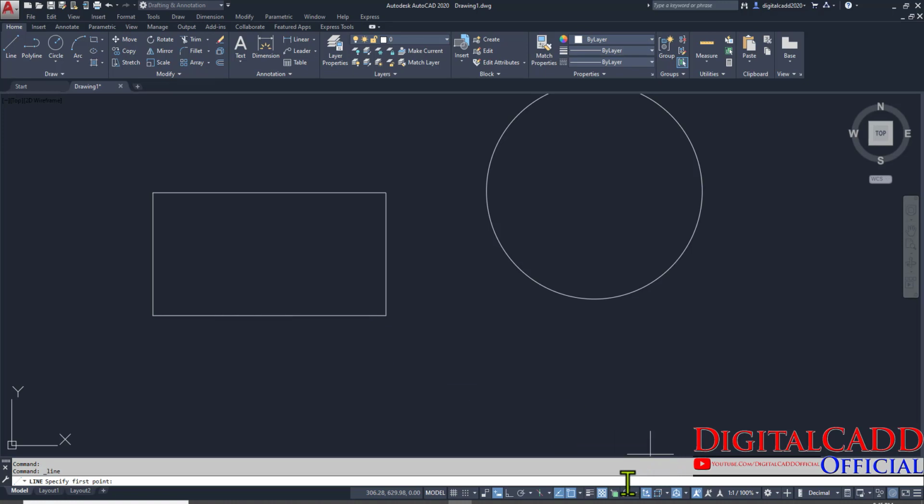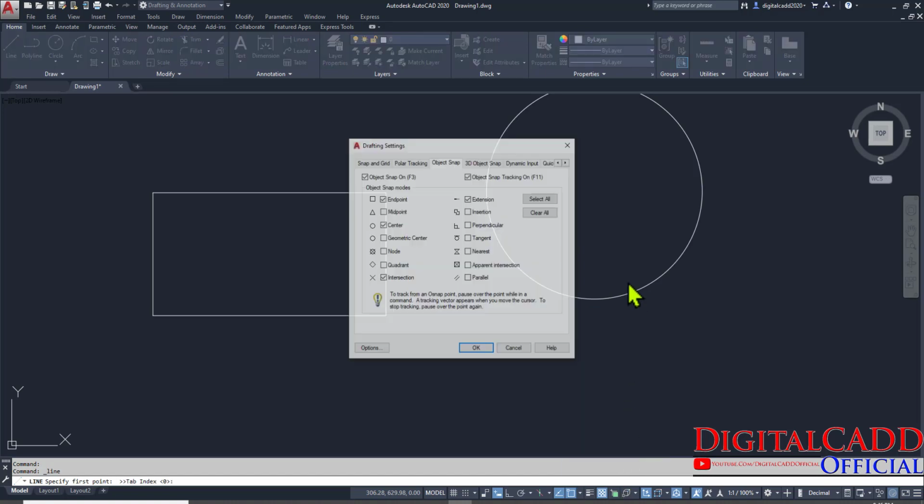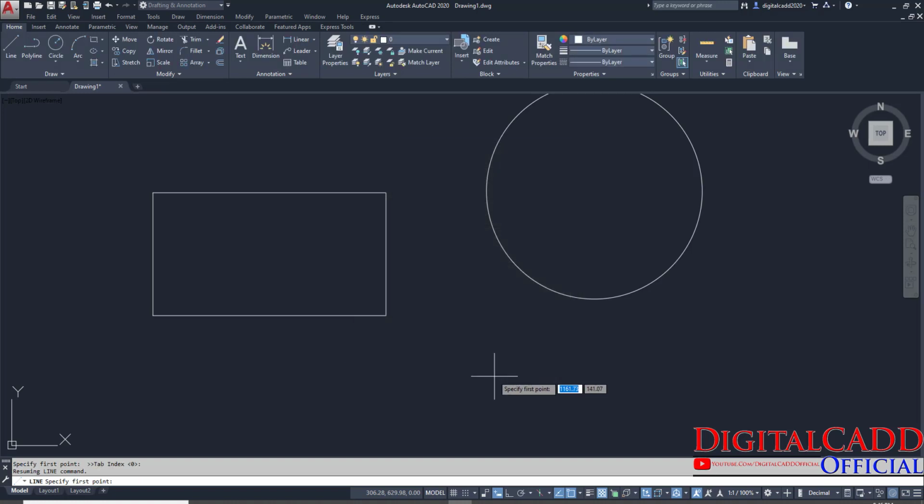So first of all, we need to click on this down arrow button and check which option is on and which is off. I always recommend making all the snap modes on by clicking once on the Select All option. Once we have made them all on, then we are free to work from anywhere.